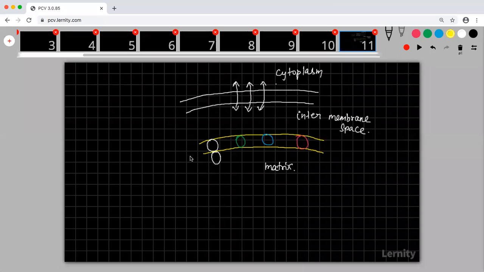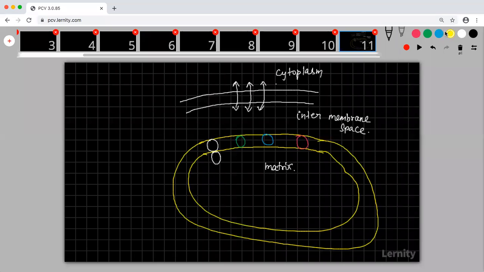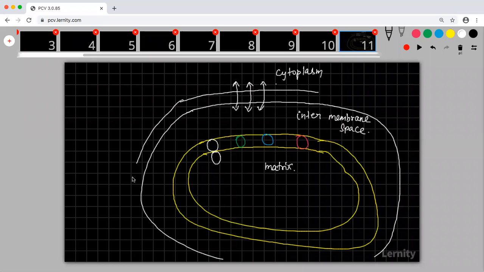So you are able to understand. So this is the mitochondria. Let us say that this is the mitochondria, this is the inner matrix, and this is the outer membrane. Outside whatever is there is the cytoplasm. Here you are able to see that this movement is uninterrupted. Anything can go inside, anything can come outside. There is not much difficulty in that movement.